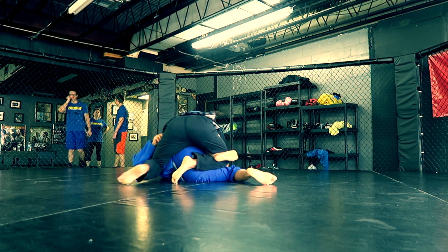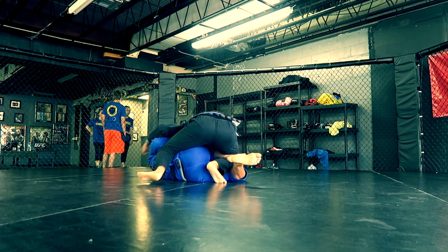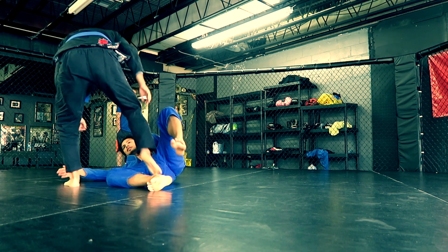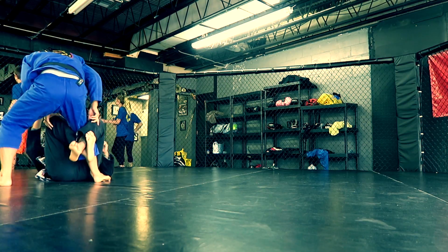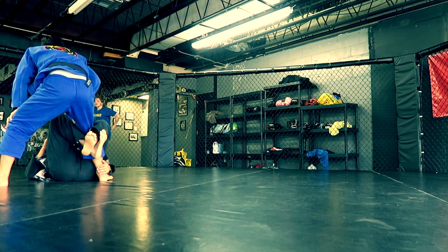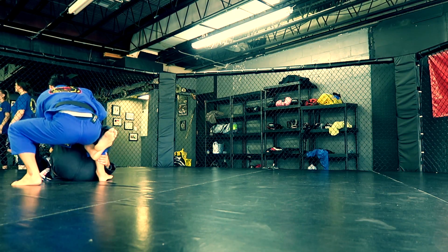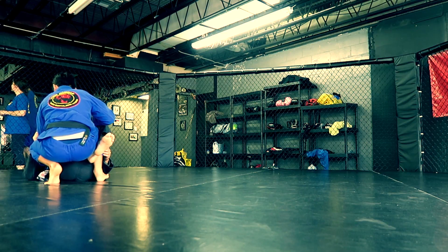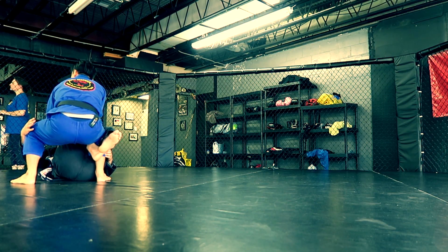He's attempting to do the angle pass, but he's a little bit too far over my hip because I could easily sweep him, or his base can get thrown off. So here I'm going to show him again that when he does this, he has to keep his base controlled. Pinch, and as he falls, base, and don't overcommit going that direction. He has to stay